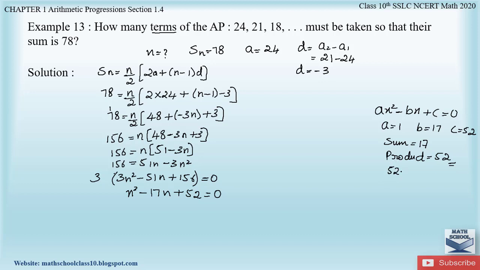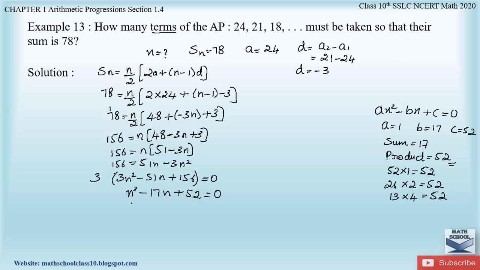If we take 52 one time, so 52 ones are 52, we got the product, but sum 52 plus 1 is not 17. Similarly, in the 2 table, we will get 26 into 2, 52. The product is 52 but the sum is not 17, so 26 plus 2 is not 17. In 3 table we will not get 52, so let us try with 4. So if we take 13 4 times, we get 52. Here if you observe 13 plus 4, we got sum as 17 and 13 into 4 is product as 52. So these are the two coefficients which we will be using in this quadratic equation.